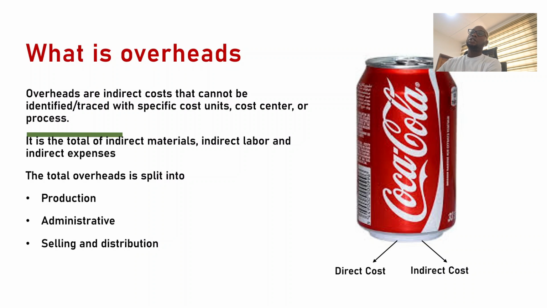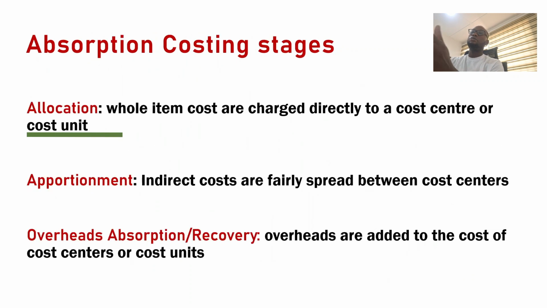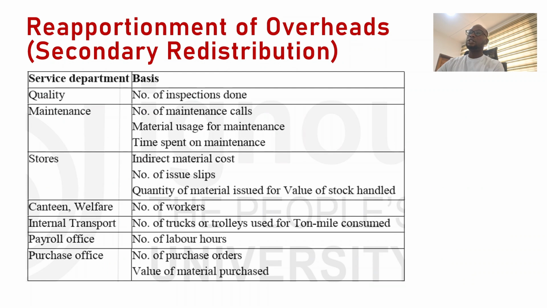So any cost that is incurred in the service center needs to be shared for the production sector, and that is what is called secondary redistribution or reapportionment of overheads. And mostly this time the service department is apportioned to the production department. Now, what basis can they use in the apportionment of such